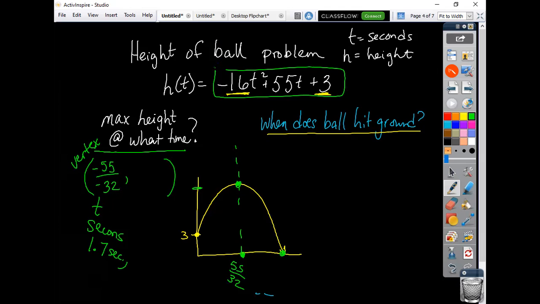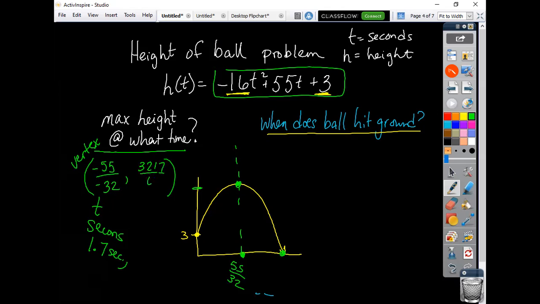Close my parenthesis on my fraction and square the fraction. And then add my 55 times my alpha y equals and the 55 over 32 there. Again, close the parenthesis on the fraction, add my 3, and I come up with a fraction answer here of